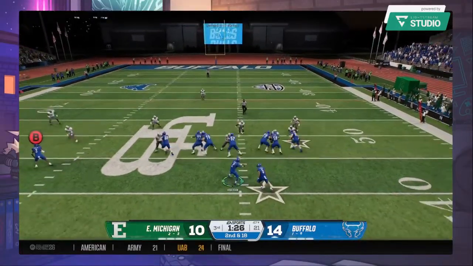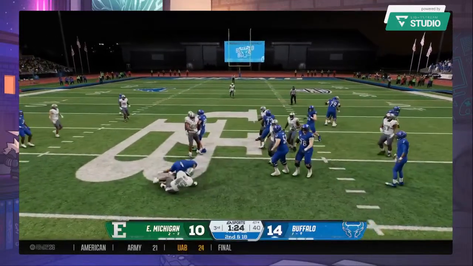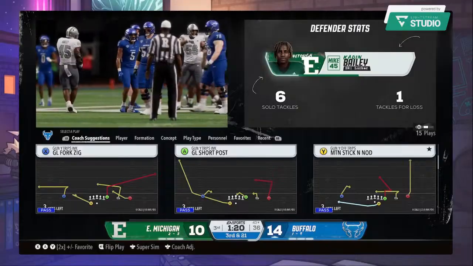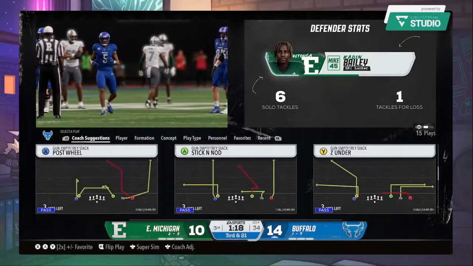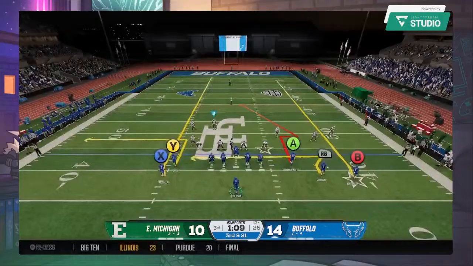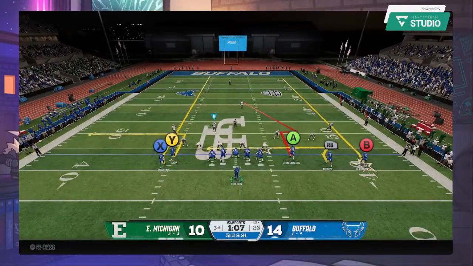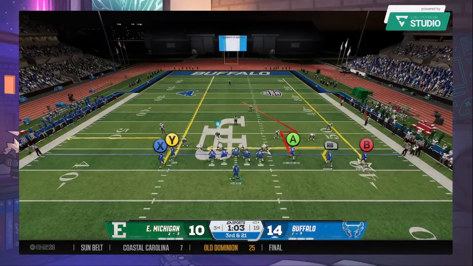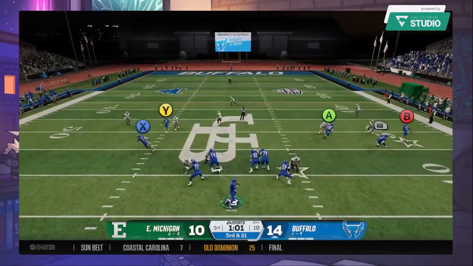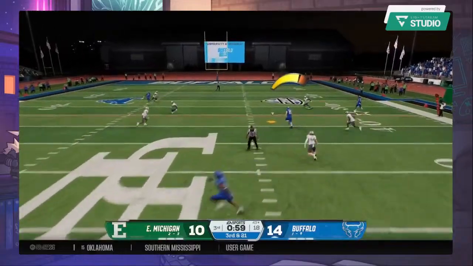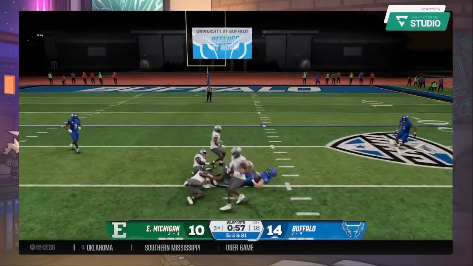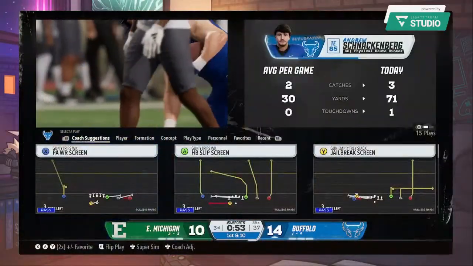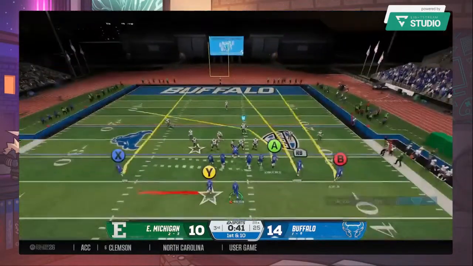Now facing second and long after the defense came up with that sack. And he never had a chance, just stopped cold as soon as he got it. Offense trying to go RPO, but how about the defense? Up front, their front seven, they had dudes winning, just being way more physical and able to get to that running back. On third and long, a check down would be the last resort. A strike downfield. They've got the defense reeling right now with that big play to the 29.